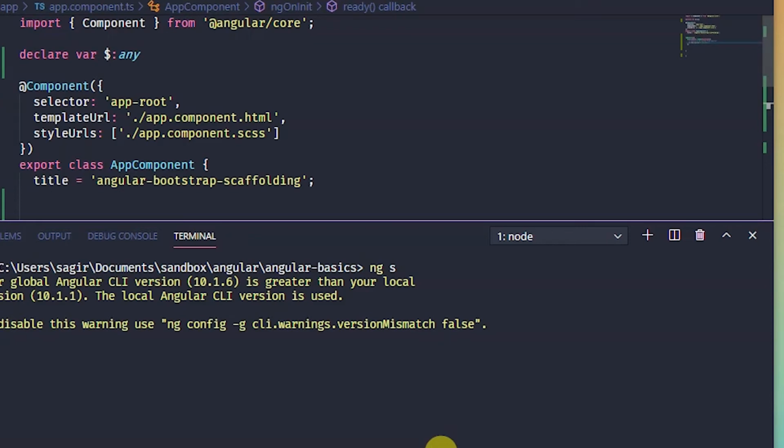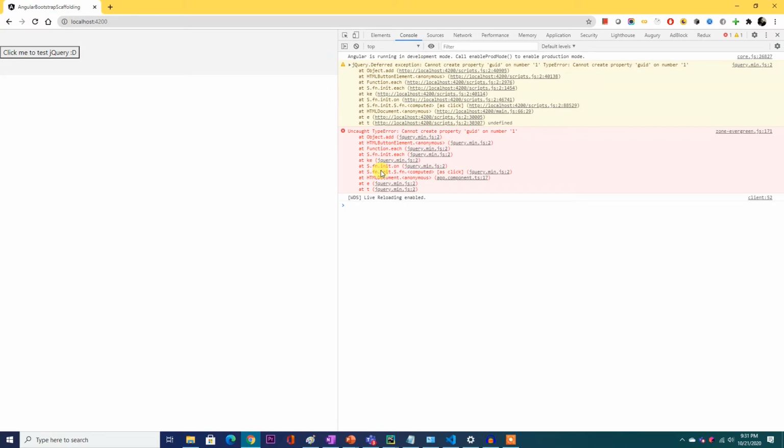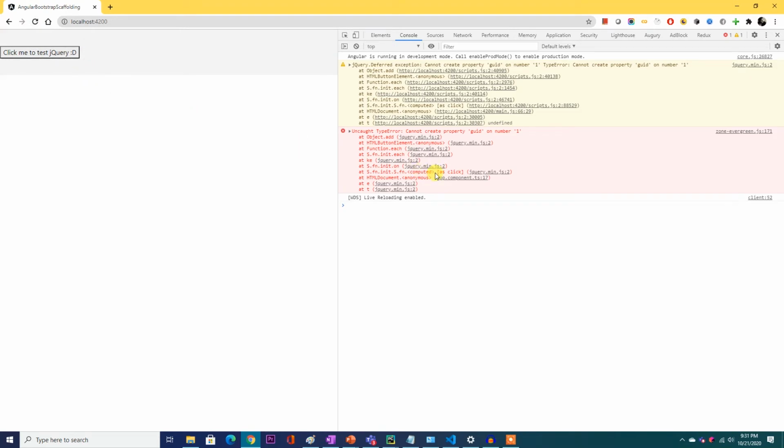But that error won't show up in Angular during the compilation because Angular doesn't know the jQuery functionalities, right? And so it won't warn you. But at runtime, it will give you the error. So you see how dangerous it is.